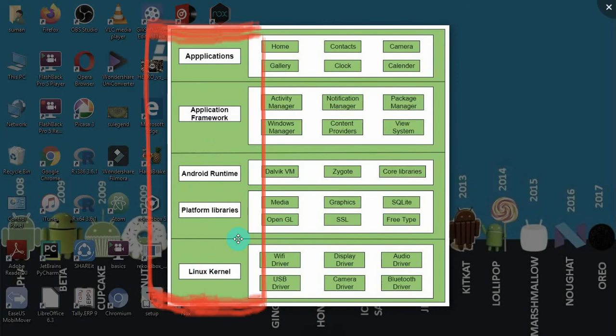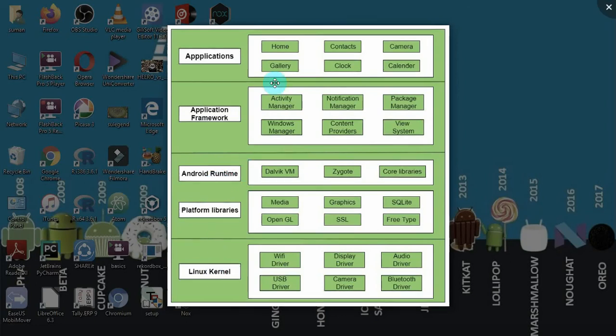I will explain them one by one. Try to understand as much as possible, because there are certain things you need to know before going in depth. So the main components of Android are the application framework, Android runtime, platform libraries, and Linux kernel.